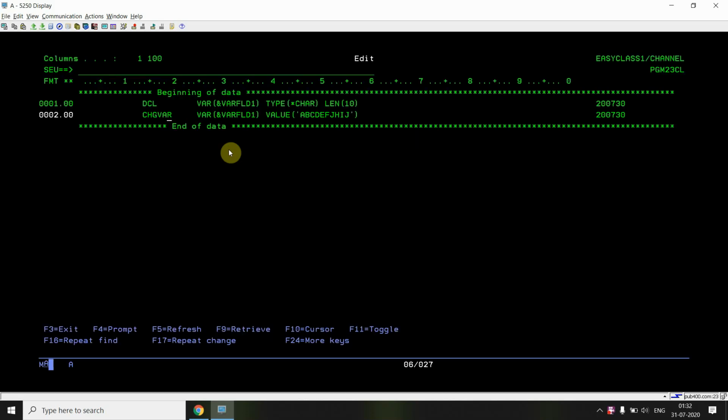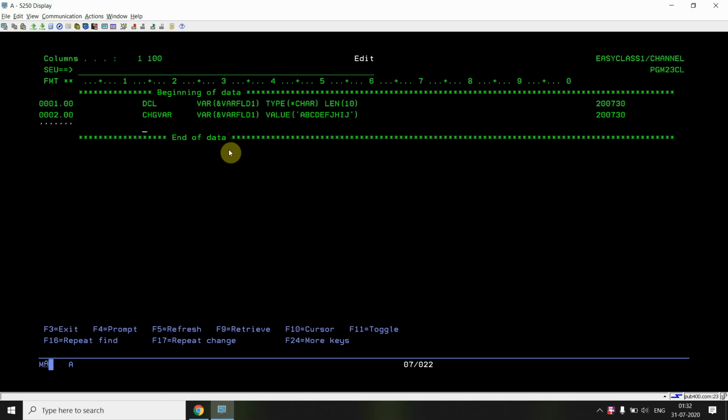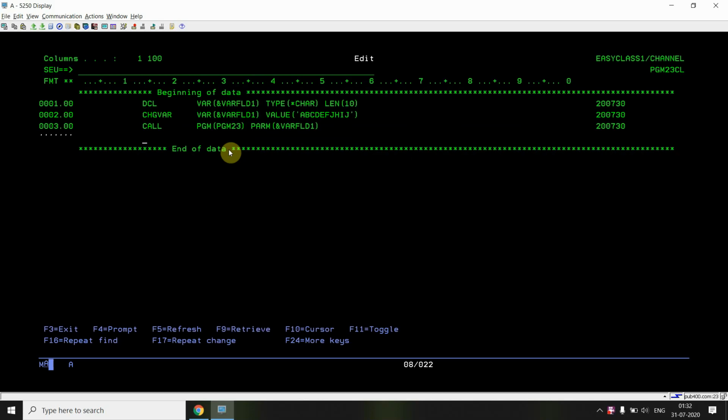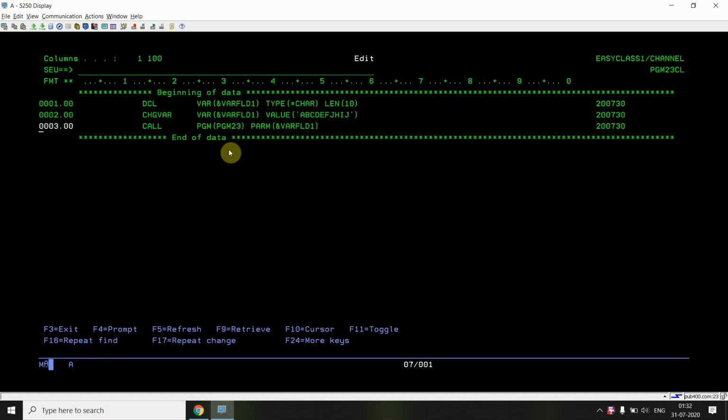Ten characters. Now I'm calling the program PGM23 with the parameter varfld1. I'm passing this 10 length field to that RPG program, in which the same field is defined as a varying length field.